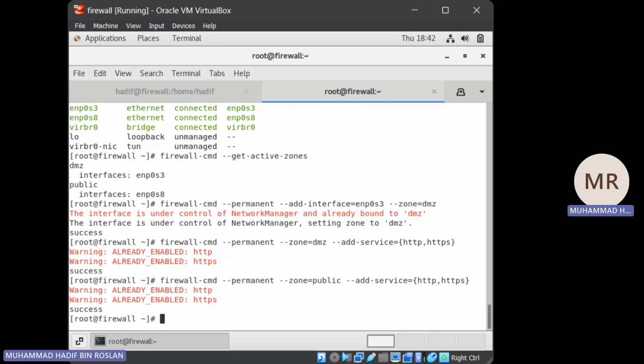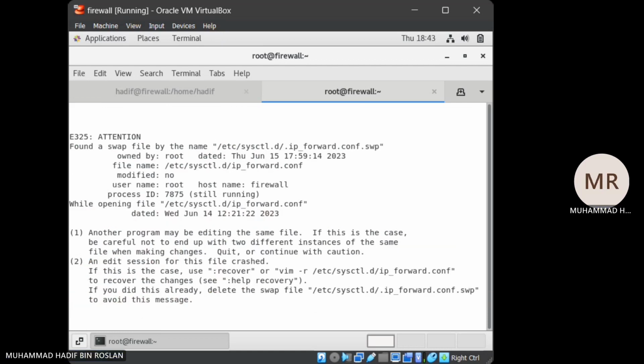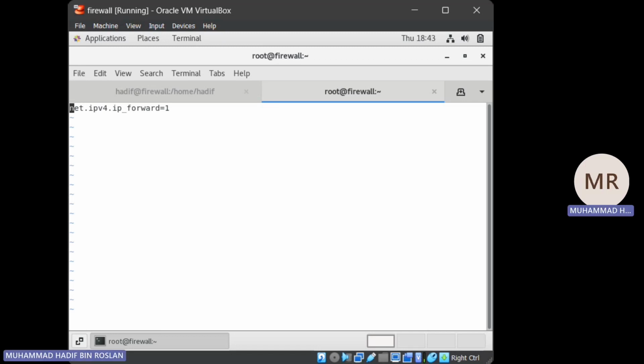And after that, we edit the file. To edit this file, we have to use the command vi and the path of the file. Then we add the line net.ipv4.ip_forward = 1. After adding this,